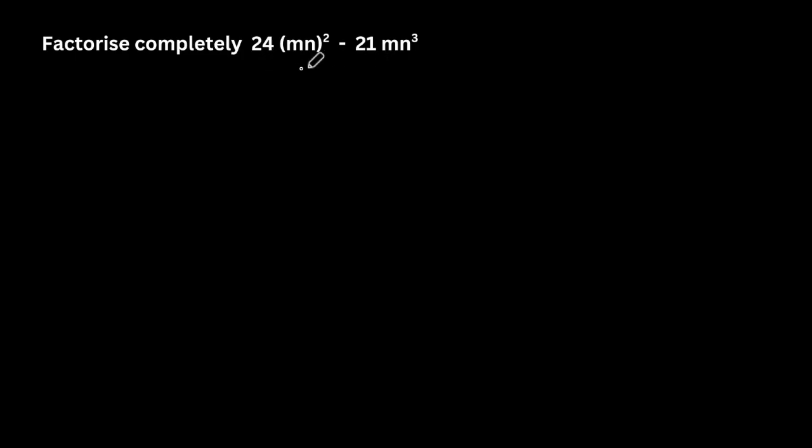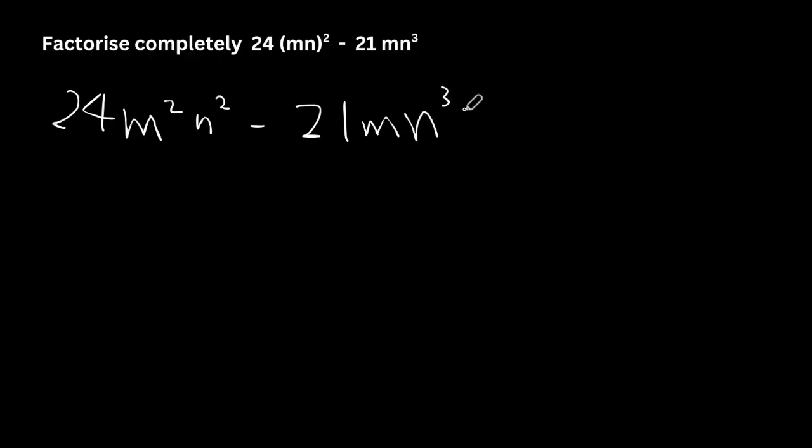Factorize completely 24mn squared minus 21mn cubed. So you have 24m squared n squared minus 21mn cubed, and the commonality, let's take out the commonalities here. So let's take out m, n, and n squared. And let's take out the 3 as well. So 3mn squared. That leaves me with 8m,